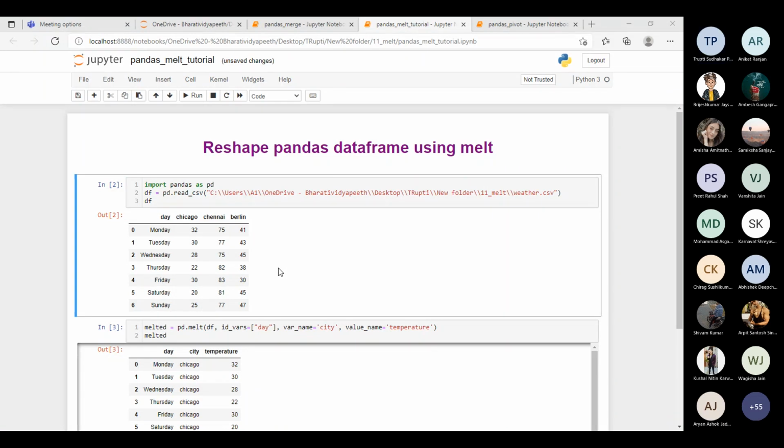Ma'am, kind of solid thing liquefying after heating. Yes, okay, that is in physics. In terms of melt we are using, here we are using melt for making analysis of data easier, and we can reshape your data to be computer friendly using your pandas Python library. Okay, so pandas melt is one of the functions.